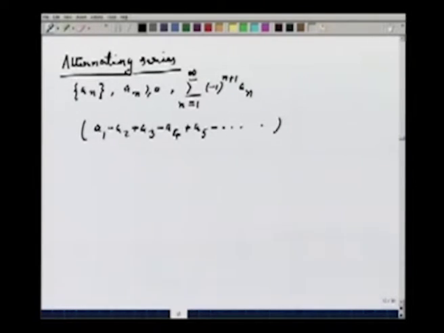So you see the signs actually alternate from one to the other. First term comes with positive sign, second term comes with negative sign, third term comes with positive sign, fourth term comes with negative sign and so on. That is why the name alternating series. All we are interested in is under which criteria this kind of series converges. The particular example we have in mind is